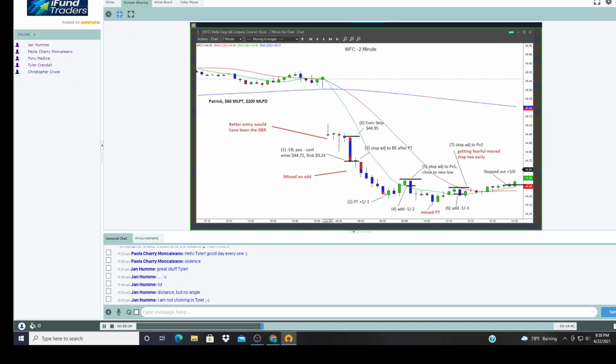So here we are down here. I think that's a great profit take. I think we do have our pullback. I think that's a great add. Now we have a new low. You have to take that profit. You never miss that one, right? Because once this is erased, now our whale is complete. And this is where Patrick starts adding and adding and then stopping out. But you can't miss the new low.